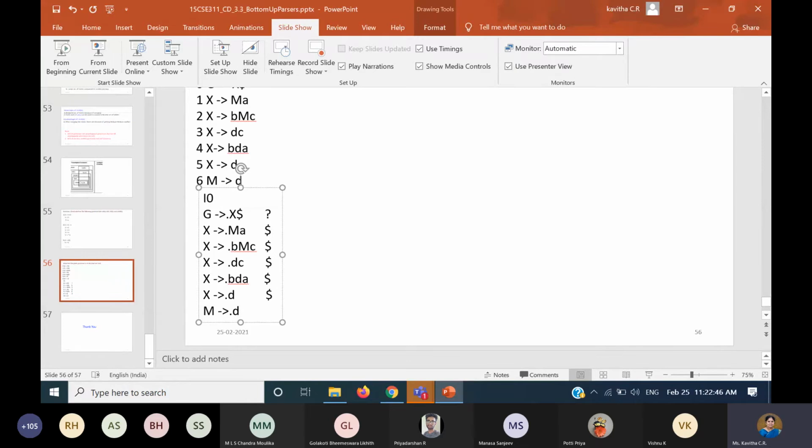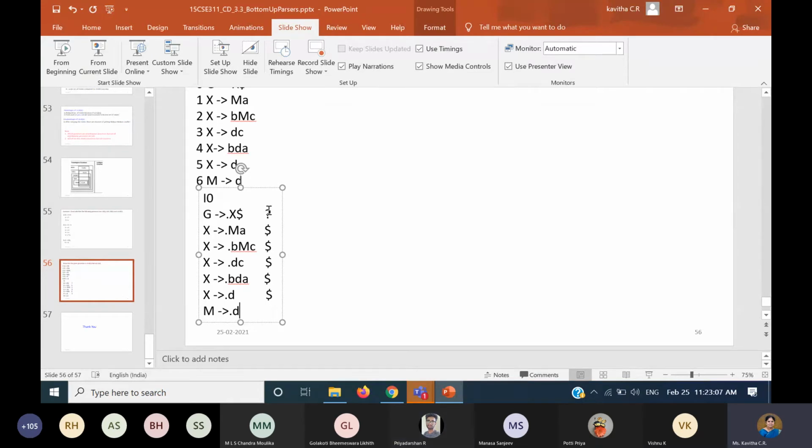This is the rule, 0th rule. And also I don't need the lookahead symbol there because once I encounter dollar, I know I am going to stop. Question mark means it's like a blank, that's all. I don't do anything. I don't need anything in the beginning. But after expanding X only, I will find the new lookahead symbol. That's the reason why I have put question mark. It's as good as blank.